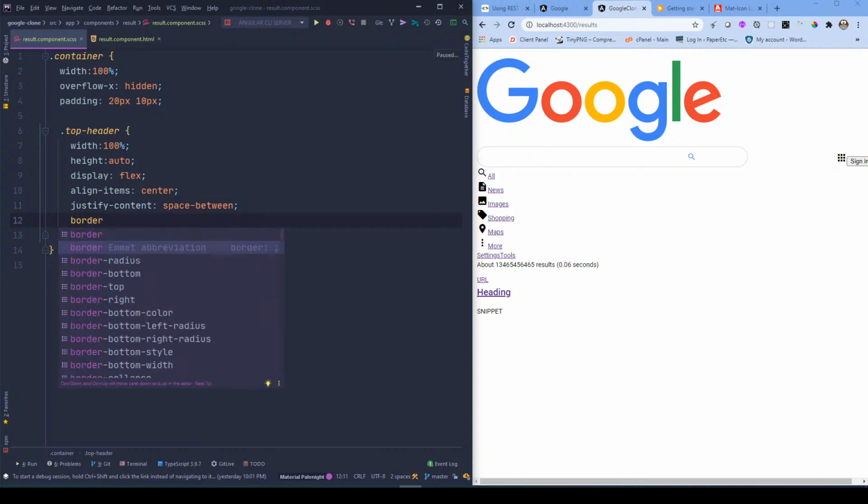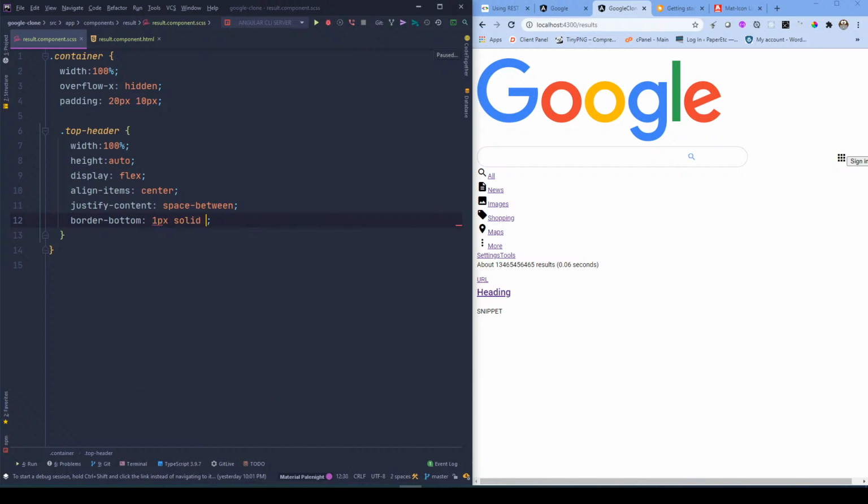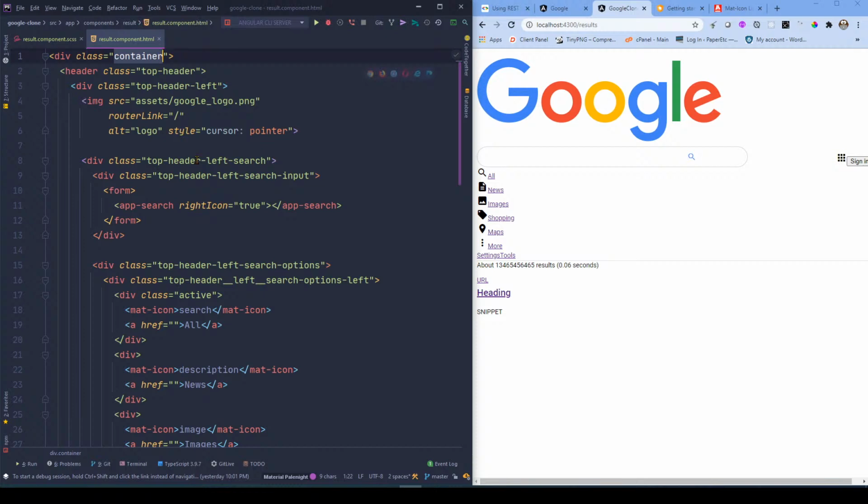Border bottom should be 1 pixel, solid light gray color, that's E1E5. Okay, now inside this I have